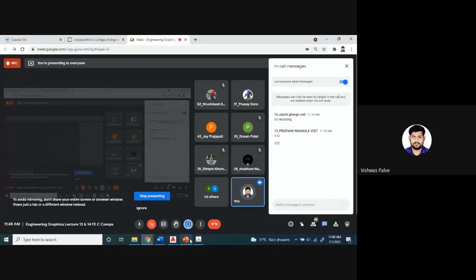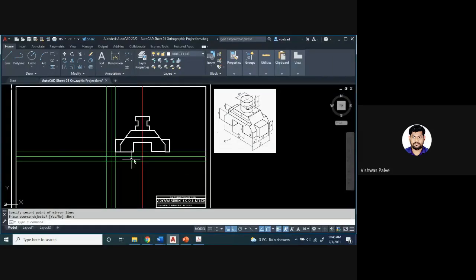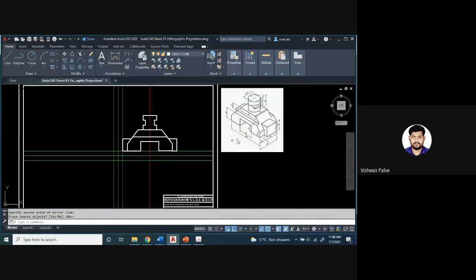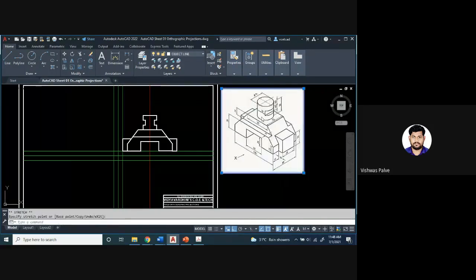Okay, so I will start with the top view now. I will first show the top view in the AutoCAD, so that it will be easier for you to understand. Now when we observe it from top, I require interaction from the students itself. So can anyone guess from which point I can start? Yes, any guesses? Sir, the opposite side's right corner. Cylinder. Yes, we'll start with the cylinder.